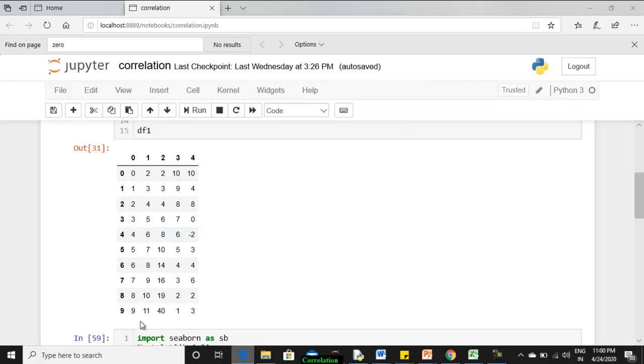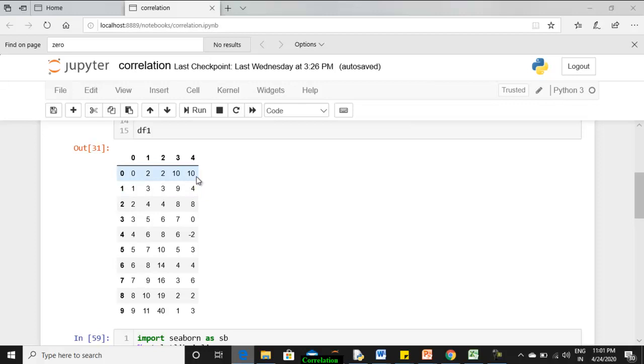So what is the relationship that exists? It's a perfect positive correlation, and hence the correlation value should be +1. Similarly, take column 0 and column 3. Here, if there is an increase of 1 unit in column 0, you can see a corresponding decrease of 1 unit in column 3.